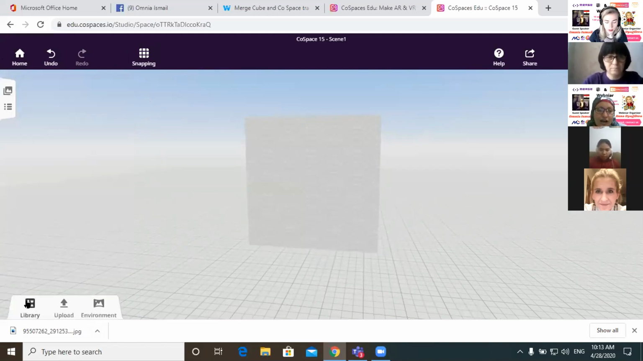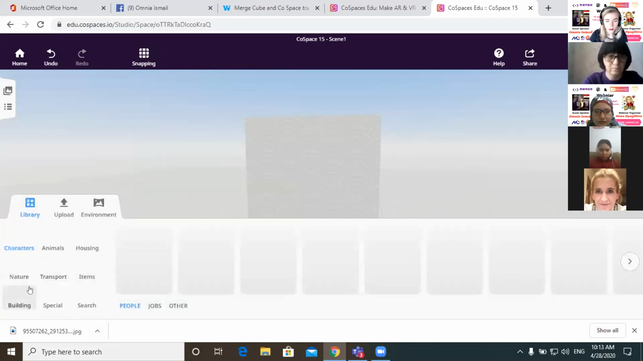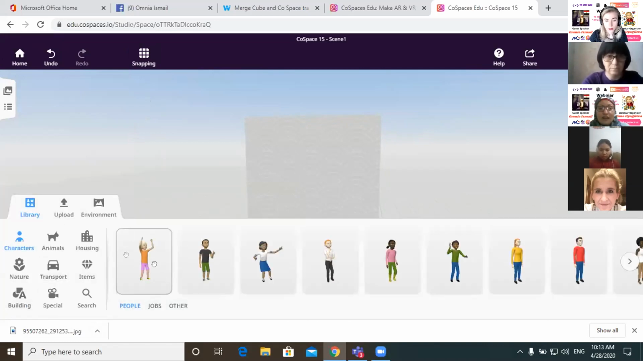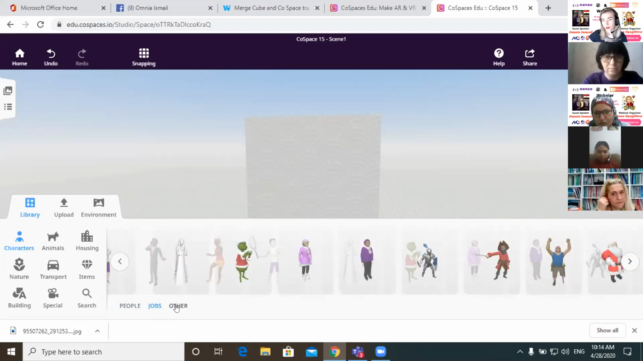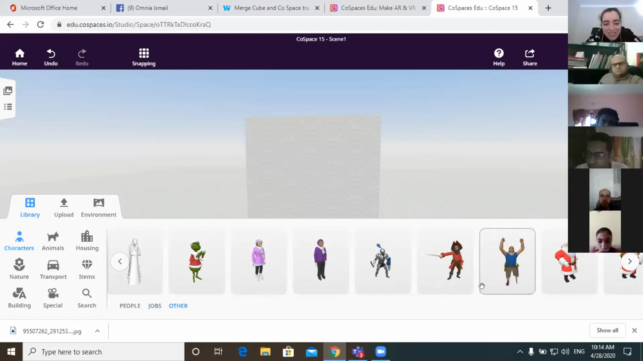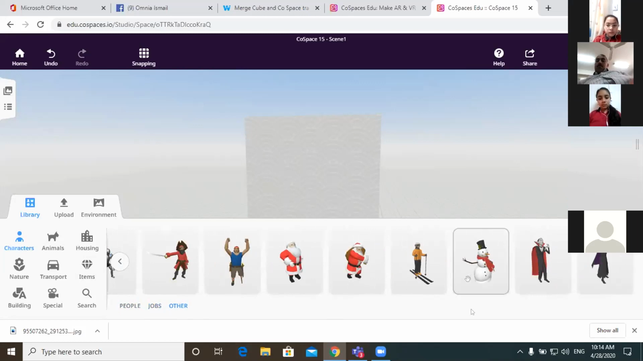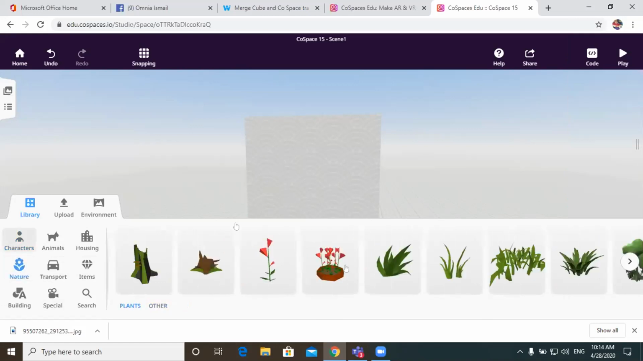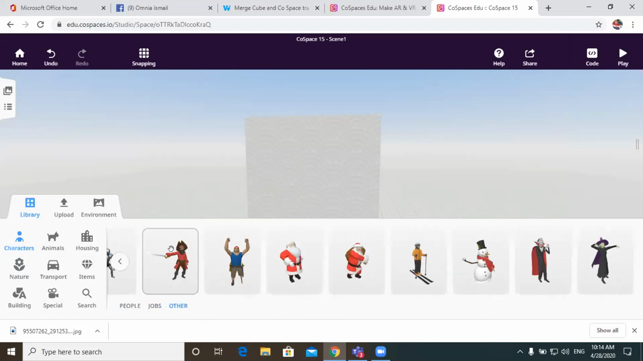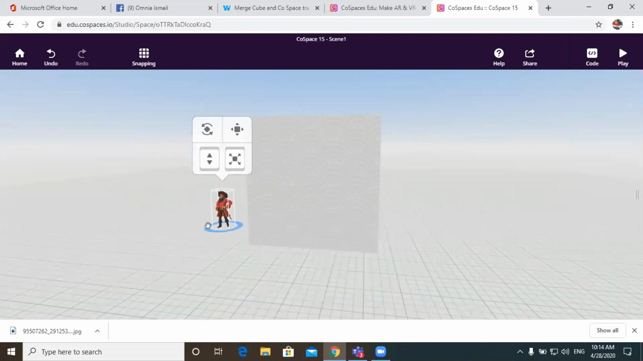You will have a great library here. Yes, it will help you a lot. In this library, you'll have lots of characters. Not only characters, you also have jobs, different kinds of jobs, and other funny characters. Here you will have pirates, Santa Claus, some villain characters, vampires, nature, and each character has an animation related to it. So having a pirate here,